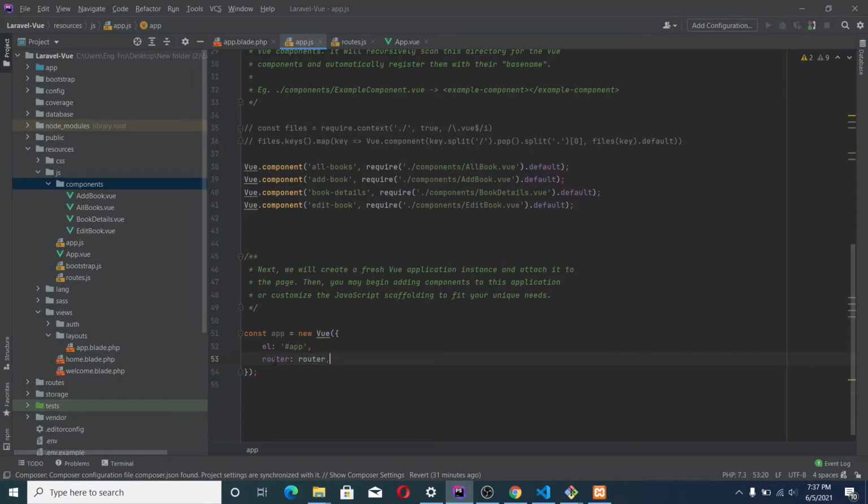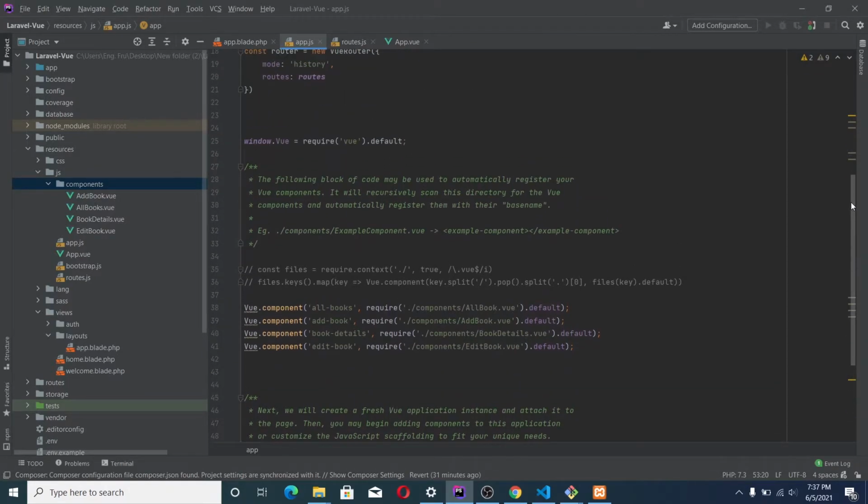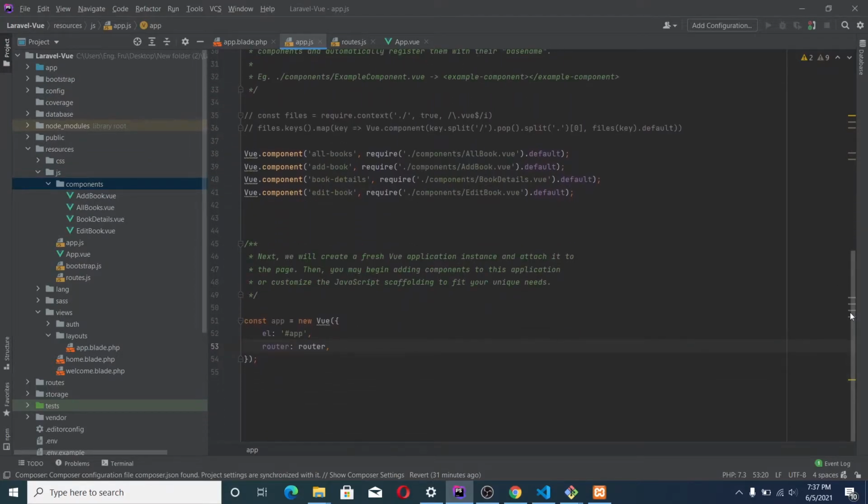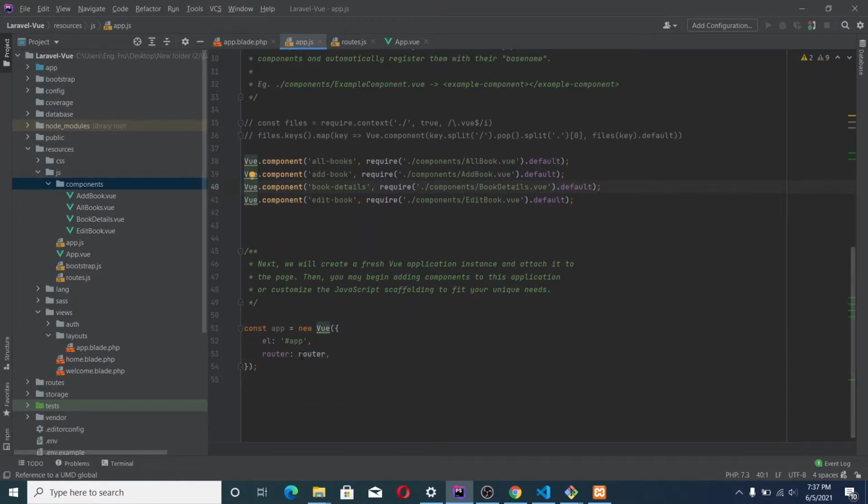So this router here is what we're going to use. Then this router is a variable that is being defined up here. Okay, so we say I want to define a variable router. The value is this one that was used right up here. So if it was something else, you just need to come and put this same thing that you did up here.